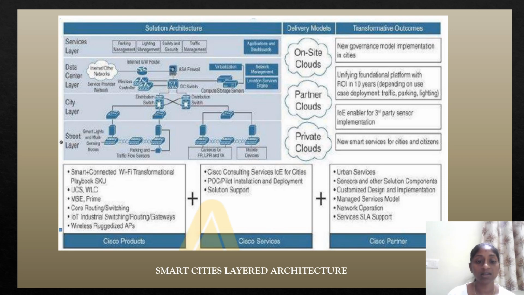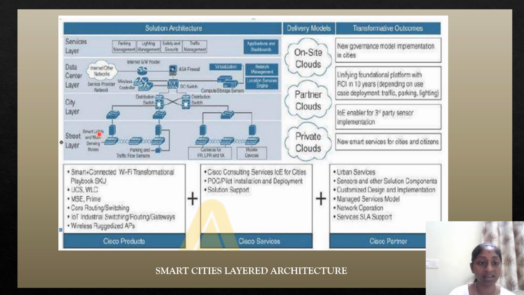Now, let's look into the smart cities layered architecture. The smart cities layered architecture consists of four layers. These four layers are mentioned under solution architecture. First comes the services layer, second the data center layer, third the city layer, and the last one